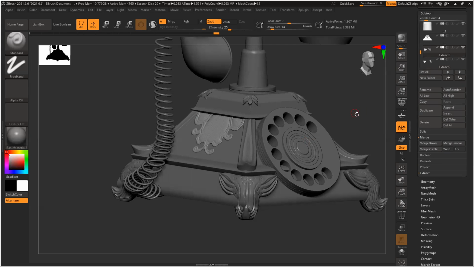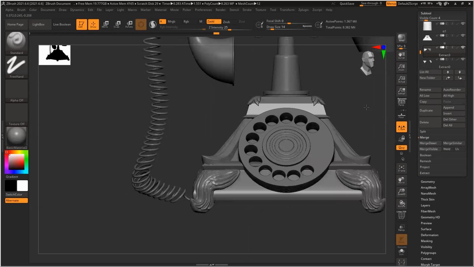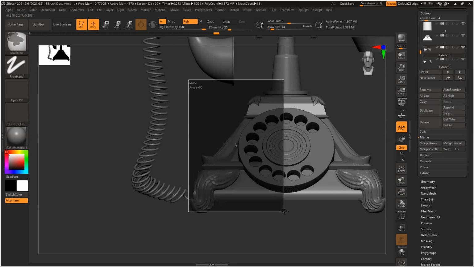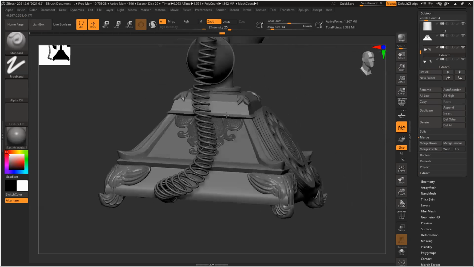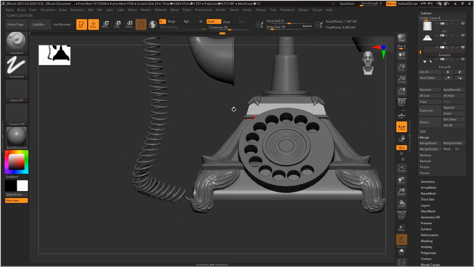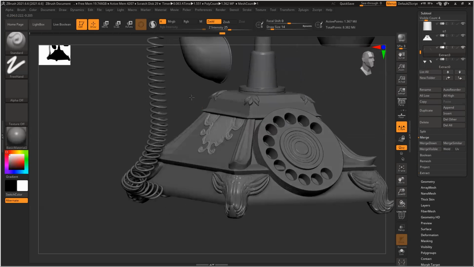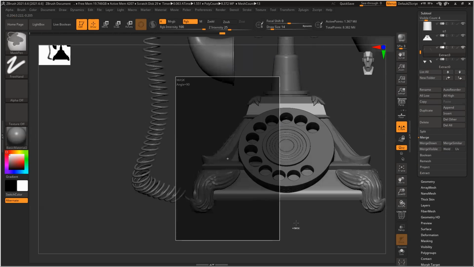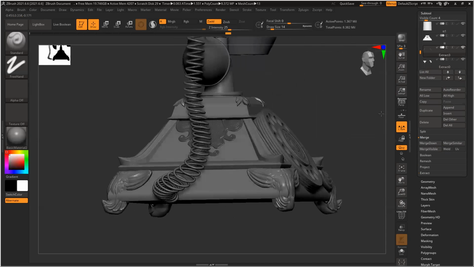Okay, both are merged, combined. Then I can simply mask any one of them. Oh, my symmetry is on, sorry. So switch off, press X, switch off that. Only one side is masked.